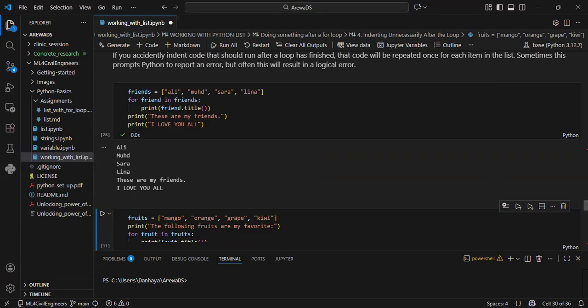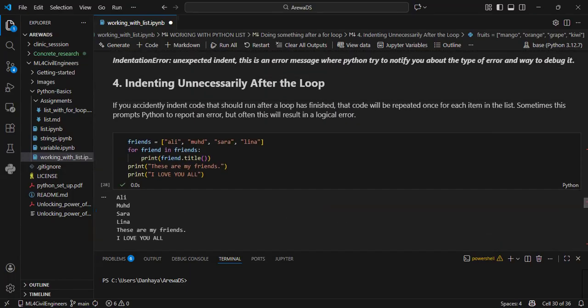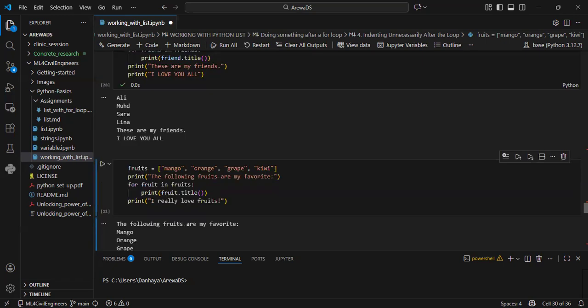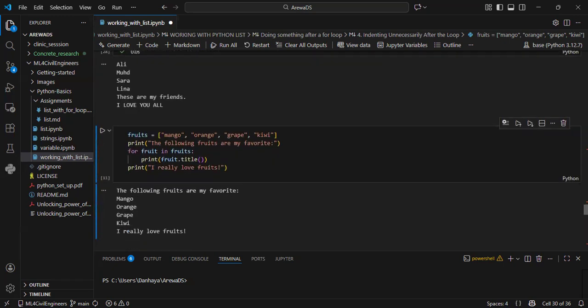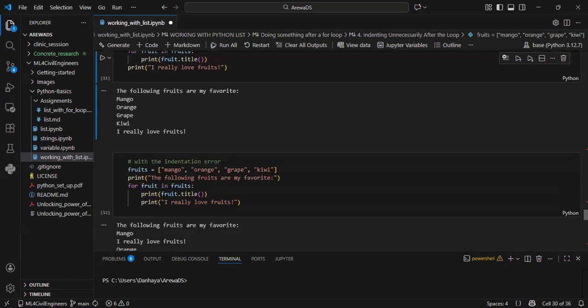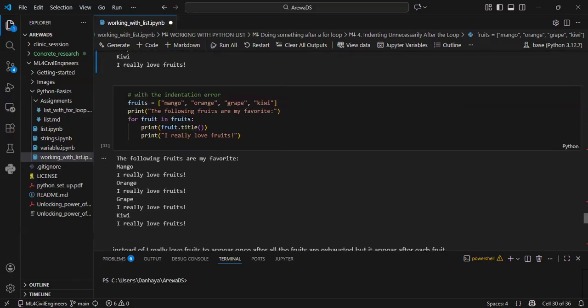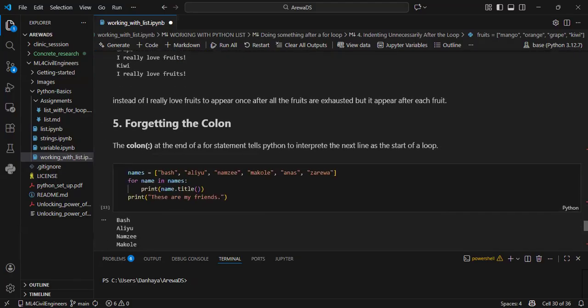Okay, so this is the kind of error. It means you indent something that is not supposed to be within the loop. Whenever you indent something, it will now be executed as a block inside this loop. So that's what I want to explain here. I think this is the same problem here. Okay, so the next, which I think is maybe the last one,